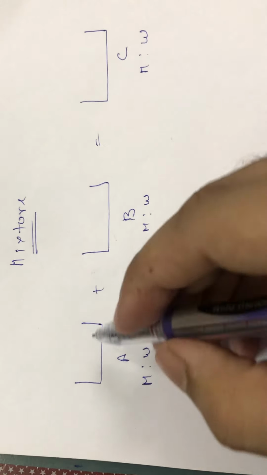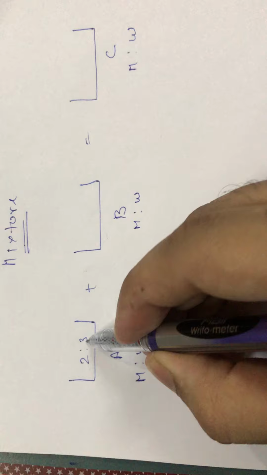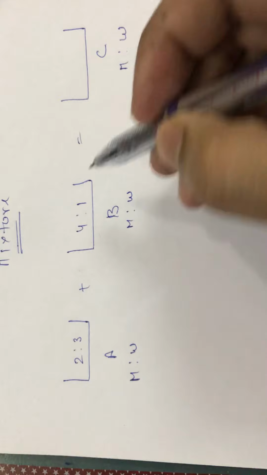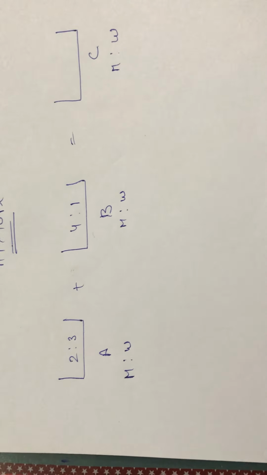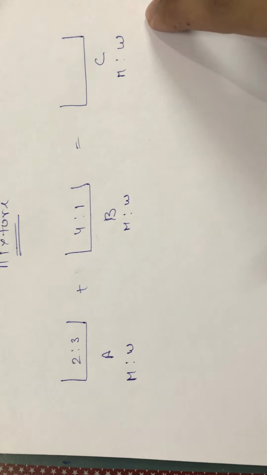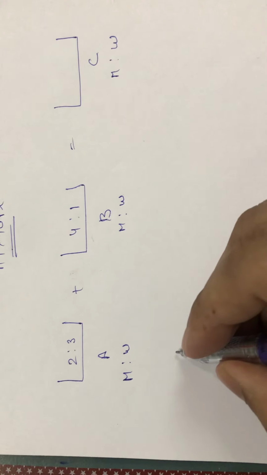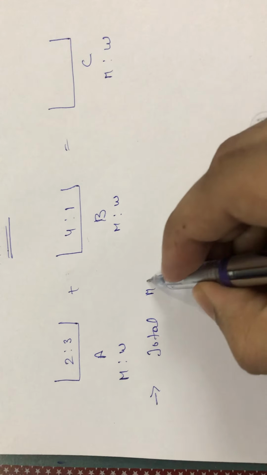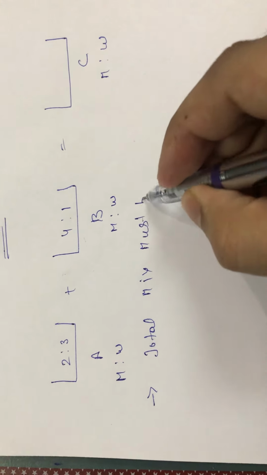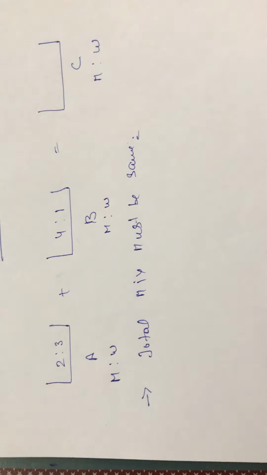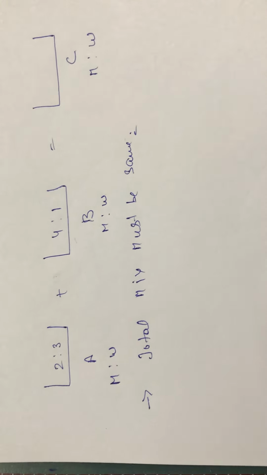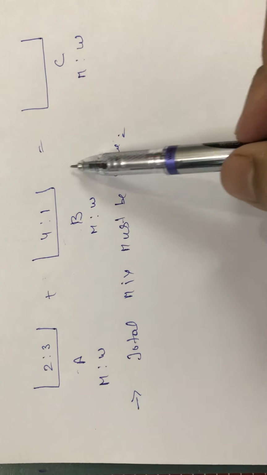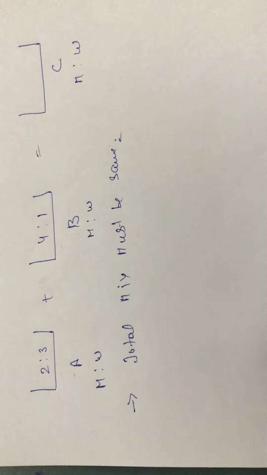Suppose I say the ratio here is 2:3 and here is 4:1, right? And I want to add these two mixtures into the third mixture. So what will be the ratio over there? One thing you must remember here is that the total mixture must be the same. Many people use different methods to solve this problem. Some solve by 2/5 parts, 3/5 parts, 4/5 parts, 1/5 parts, and add parts to parts. There is no need for this.